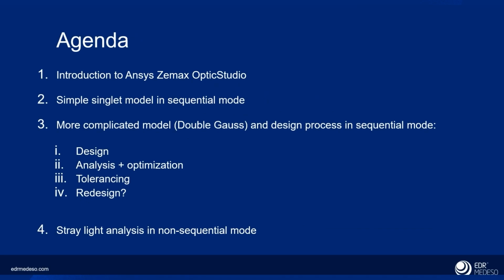So the agenda for this webinar is in 4 parts, and I focus mainly on sequential mode. The first is a quick introduction to Optics Studio in sequential mode, so some definitions and using the interface. Next, I'm going to jump straight in with the simplest example to demonstrate some of the immediate features of zMAX. And then I'll move on to a more complicated imaging system example, the double Gauss, where I'll go through the design process. Finally, I'll briefly demonstrate the alternative mode in zMAX, non-sequential, which for this application will be for stray